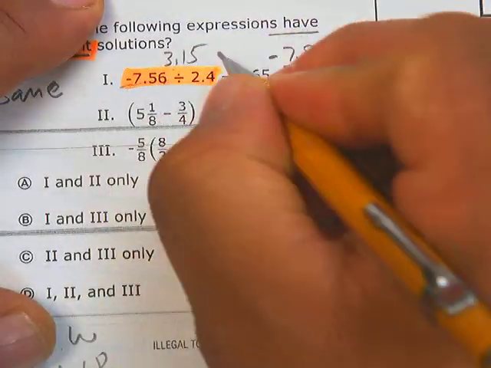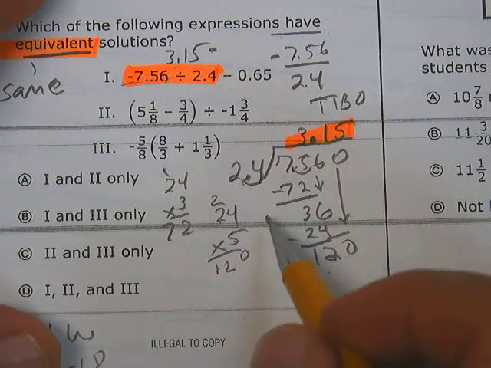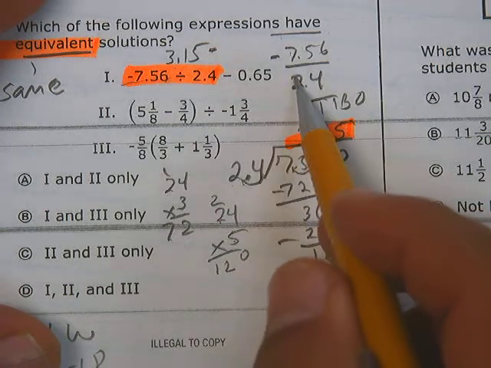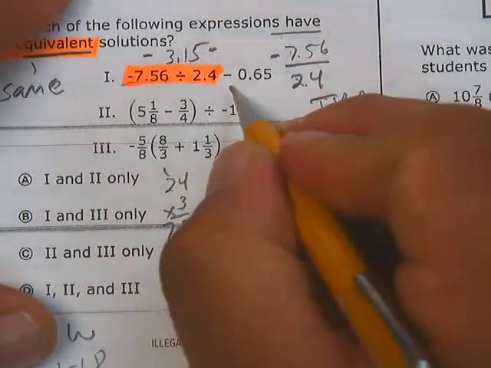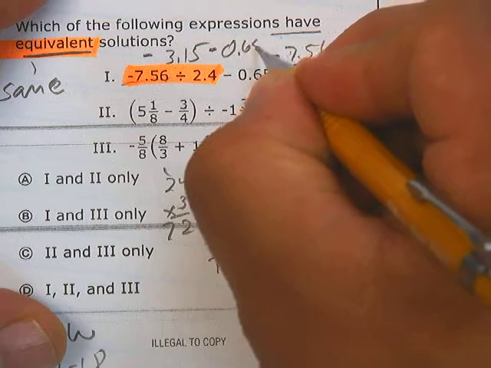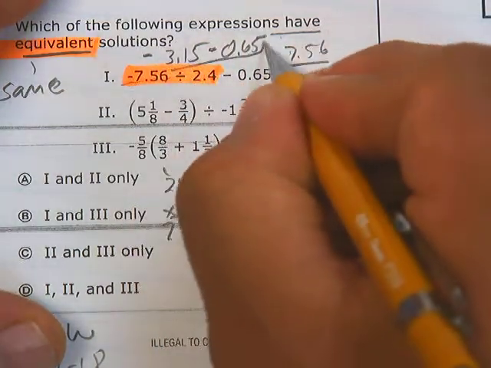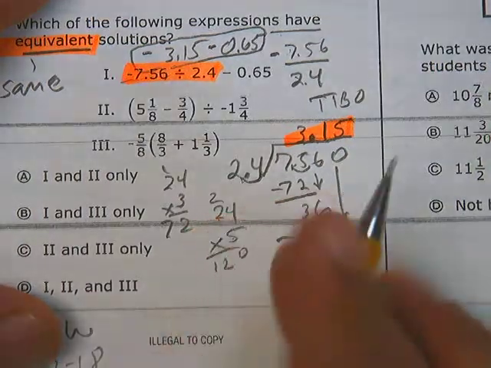This here. Okay. 3.15 was this part there. Okay. So then 3.15, and I'm sorry, it was a negative divided by a positive. So then this is a negative 3.15. And then we're going to subtract